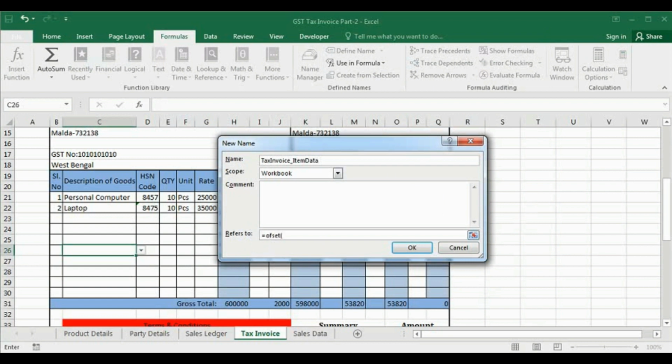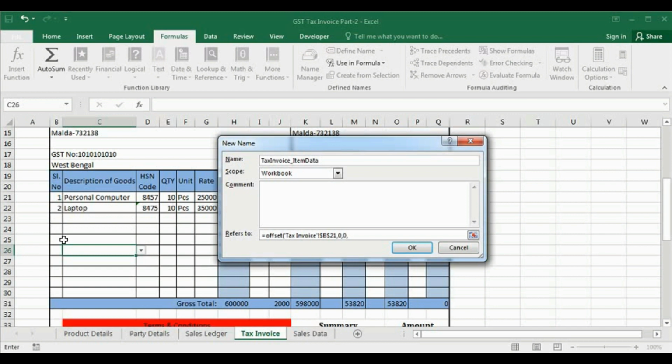Now from which cell do we want to create the range? This is the cell from which we want to start. So click on cell B21, then comma. We will not go down, we will not go right, so 0 rows, 0 columns.